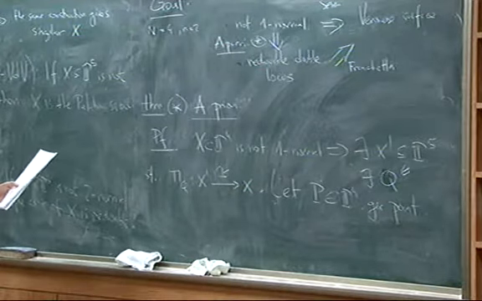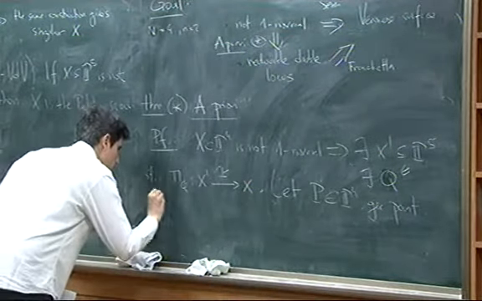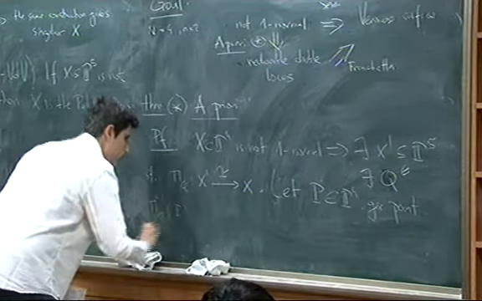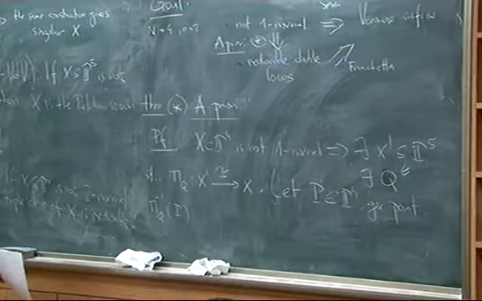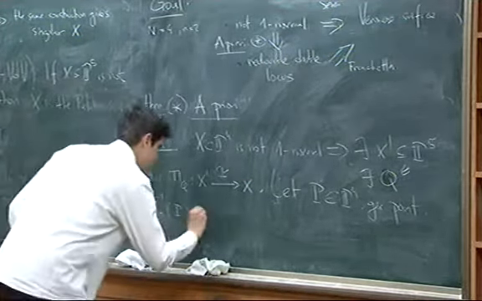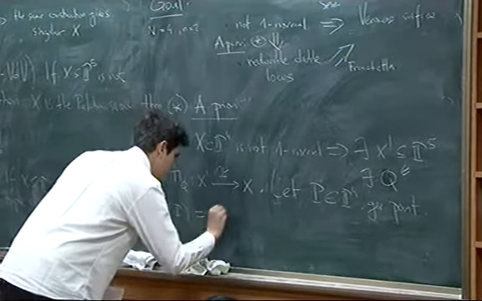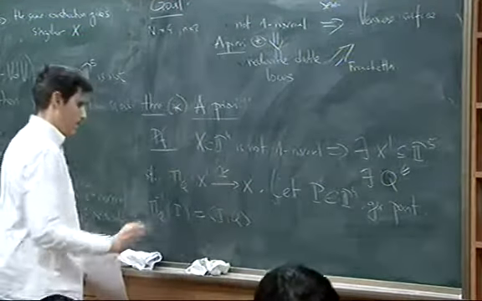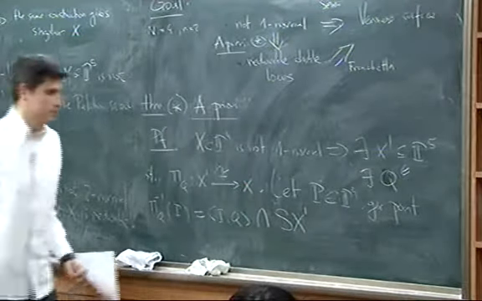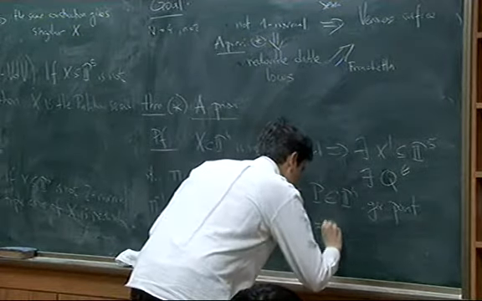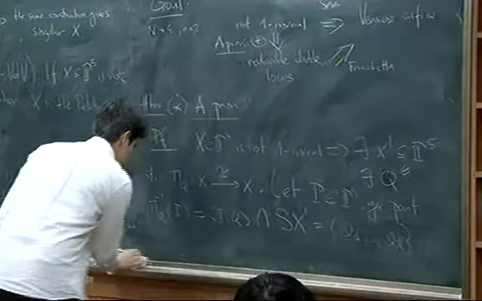Then pi_Q inverse of P, I mean this is in P5, not in X prime, this is just the line PQ, intersected with the secant variety of X prime, is a finite number of points that I will denote by Q1, ..., Qd, where d